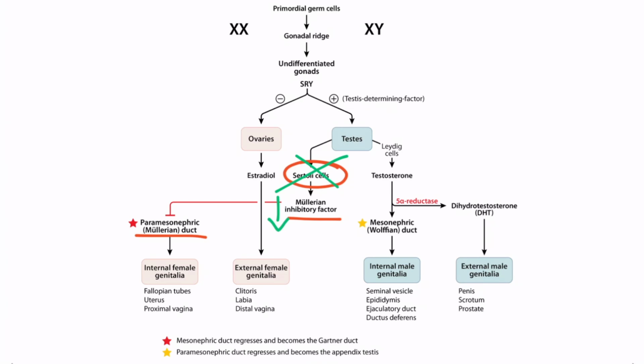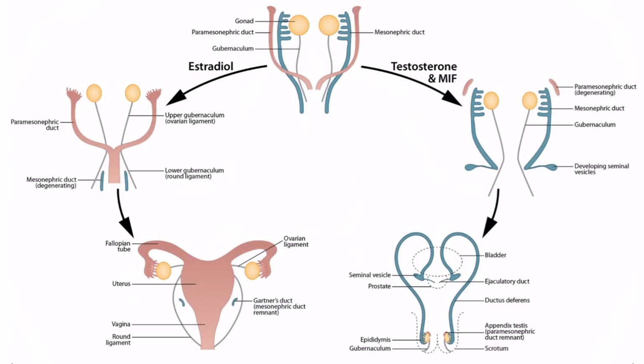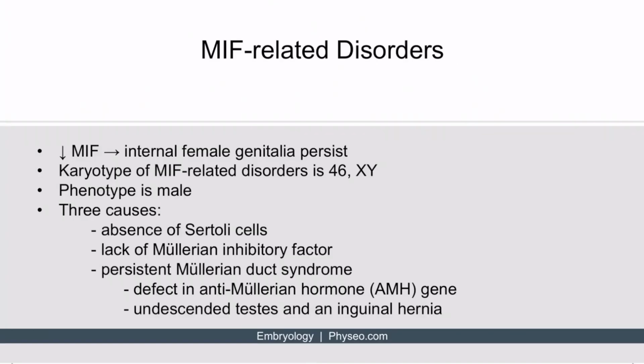And if we follow this diagram, you can see that if the Müllerian duct develops, then the internal female genitalia will also develop. Recall from this image that the paramesonephric duct or Müllerian duct is responsible for the formation of the internal female genitalia. These individuals have a karyotype of 46XY and are phenotypically male. There are 3 causes, including an absence of Sertoli cells, a lack of Müllerian inhibitory factor, and persistent Müllerian duct